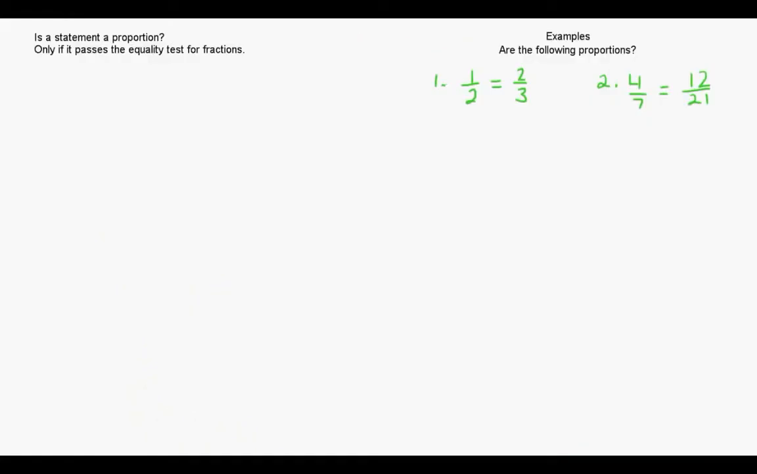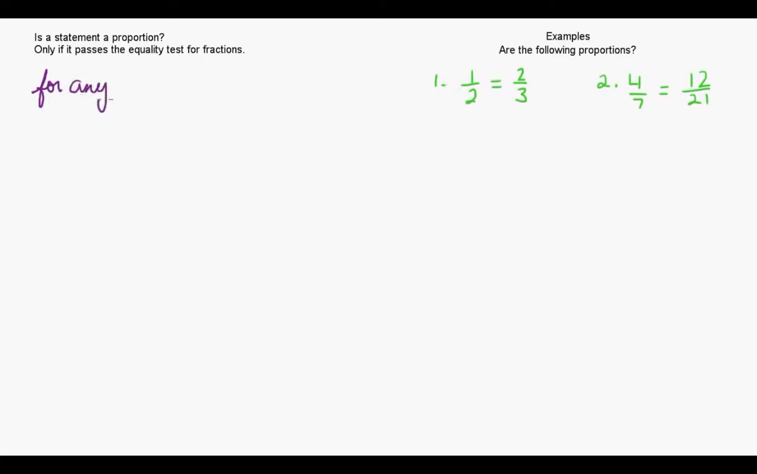Now that we have a definition of proportions in place, we're going to take a look at figuring out whether a statement is a proportion or not. A statement is a proportion only if it passes the equality test for fractions. Okay? So the equality test for fractions, and it might be a good idea to write this down, is